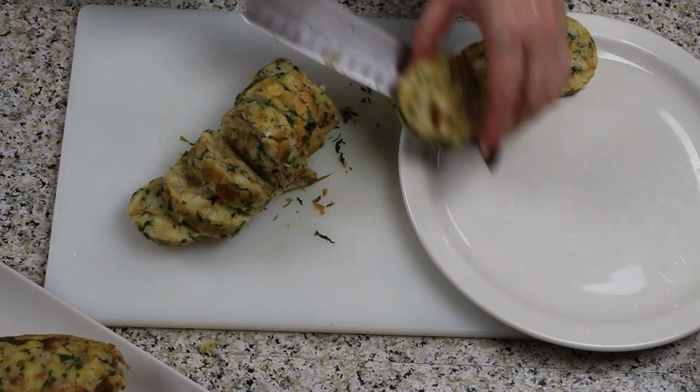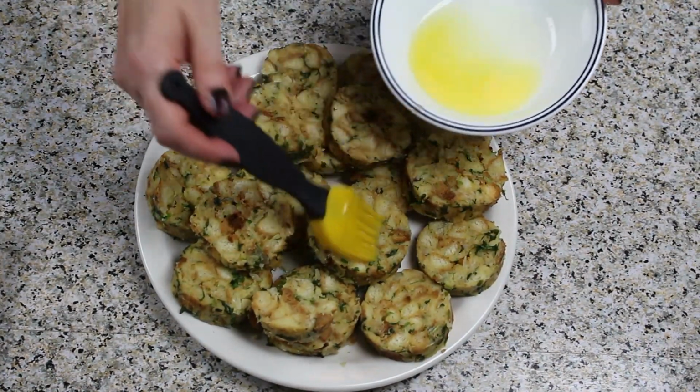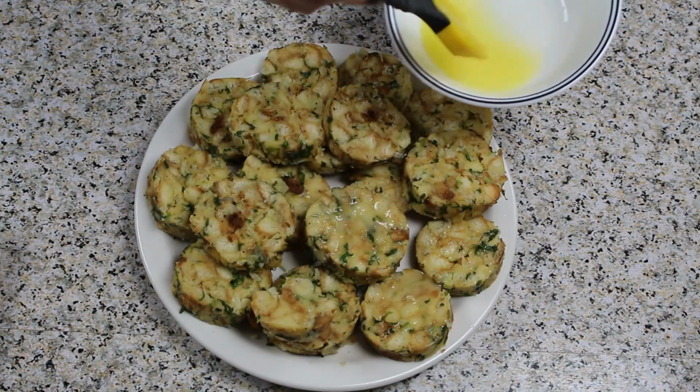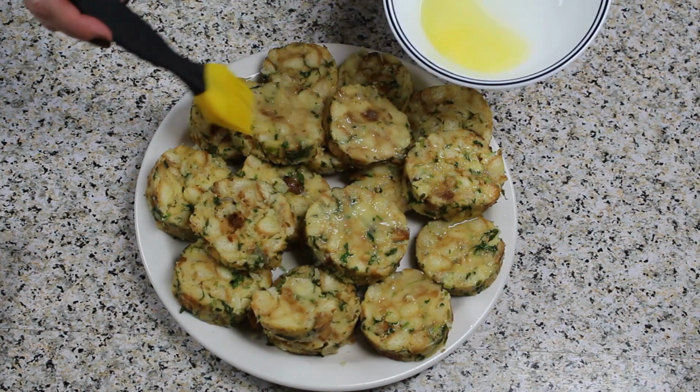Cut the logs into 1/2-inch slices. Brush them with melted butter and serve them immediately. If you don't want to serve the dumplings immediately, they will keep in the refrigerator for a couple of days